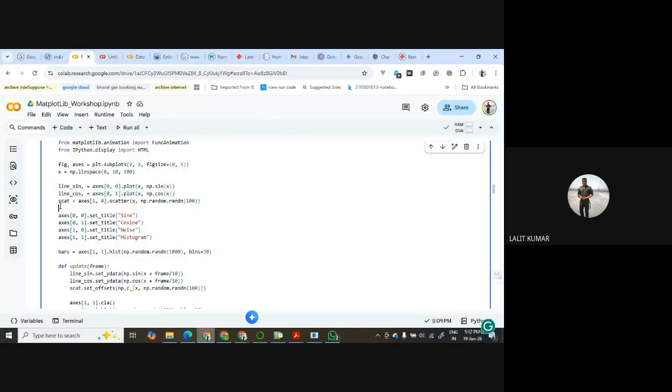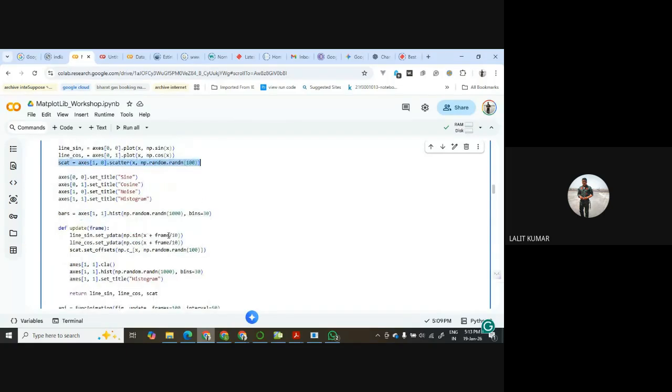And I'm plotting 1, 0. I'm plotting the scatter of x and random numbers. Now I'm giving the titles here, for example, sine, cosine, noise, and histogram. And in 1, 1, I'm plotting these bars where I'm plotting the histogram, random numbers with bins equal to